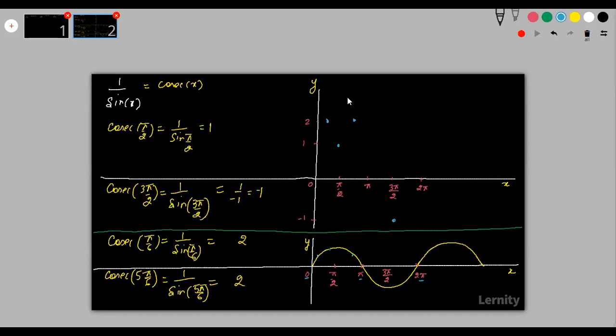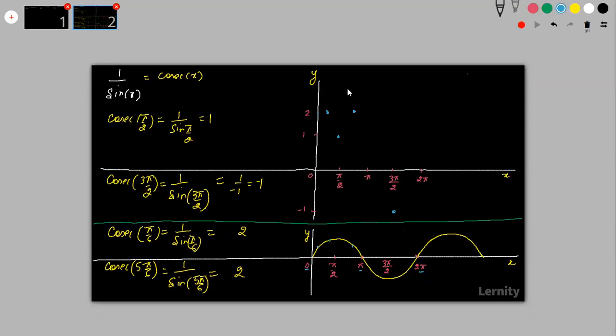Suppose I'm taking a value very close to 0, like 0.000001. Then cosec of 0.000001 will be 1 by sine of 0.000001, and sine of that is approximately 0, so the result is very large. So when I move closer to 0,